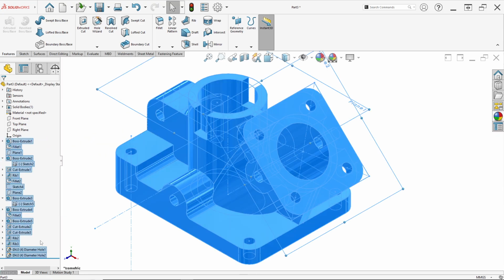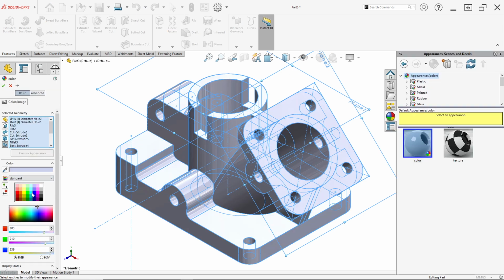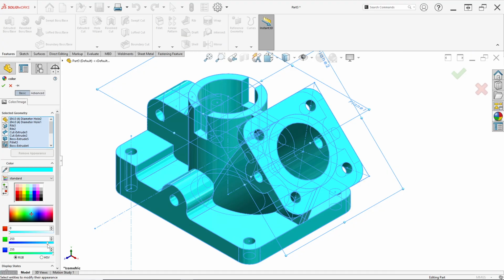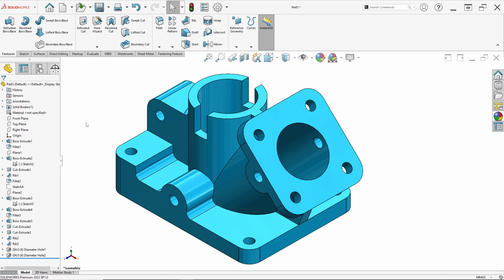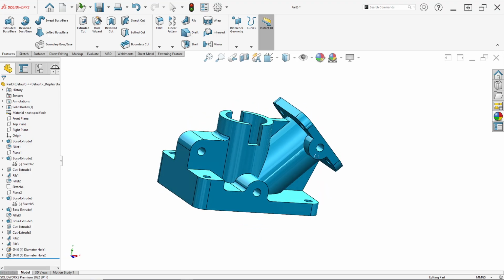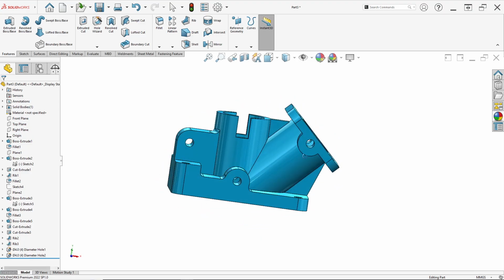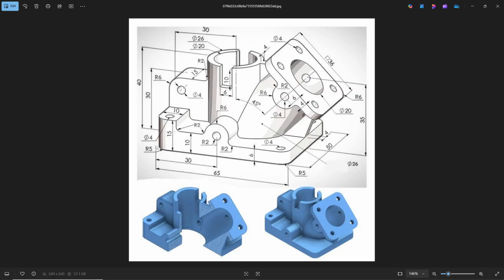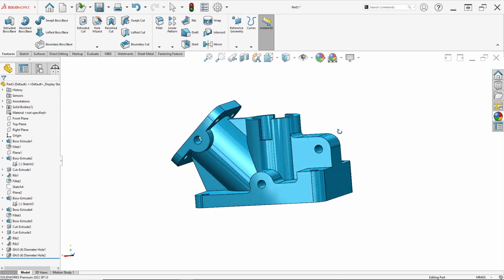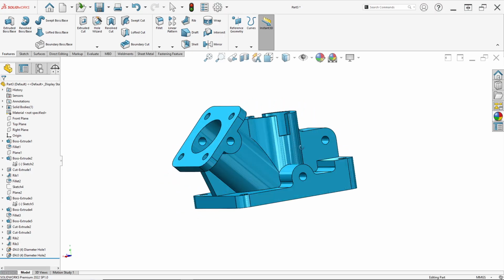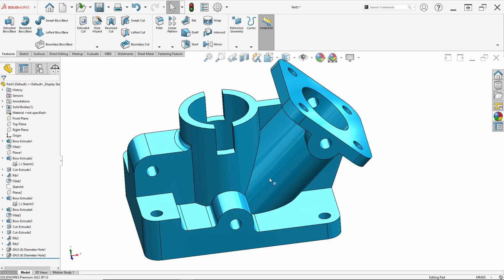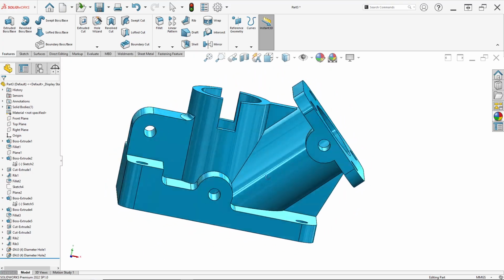Select all features, click this icon, and click this color. Maybe we can adjust here to 190 for color, and just click OK, and done. Okay, ensure you input all dimensions and make the sketch like this. We can check like this. Okay, I think that's enough.